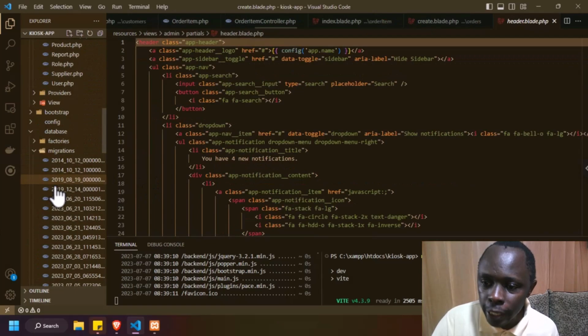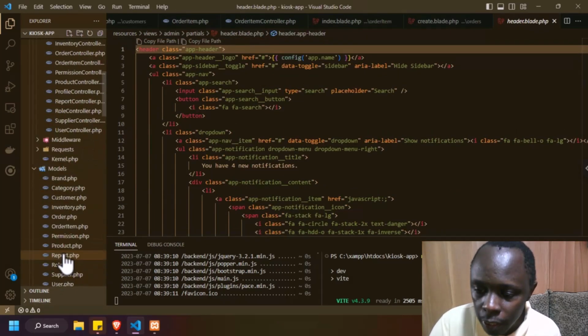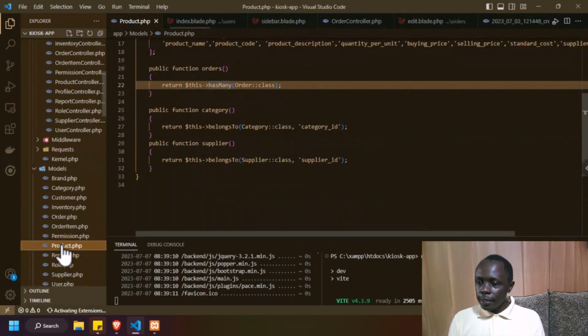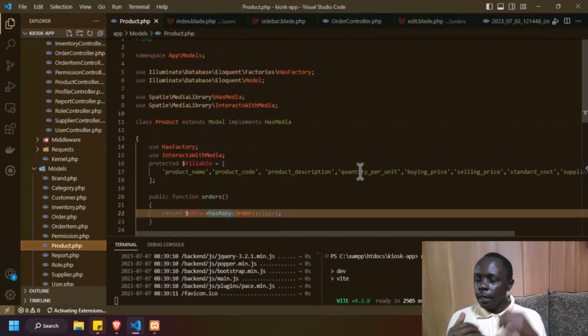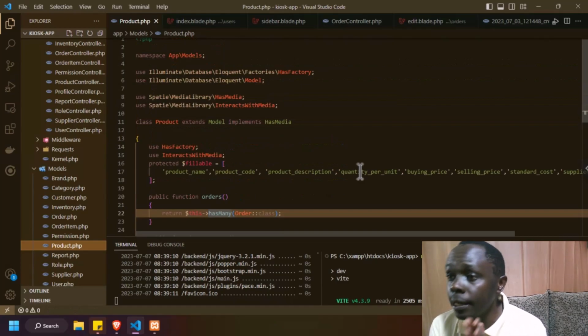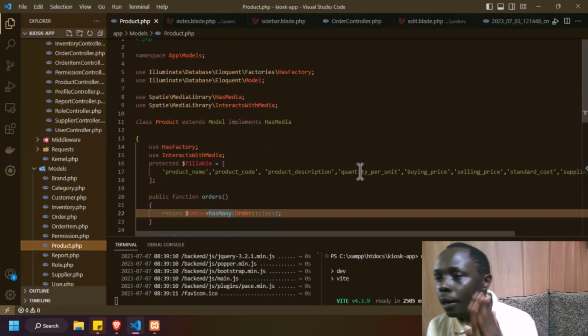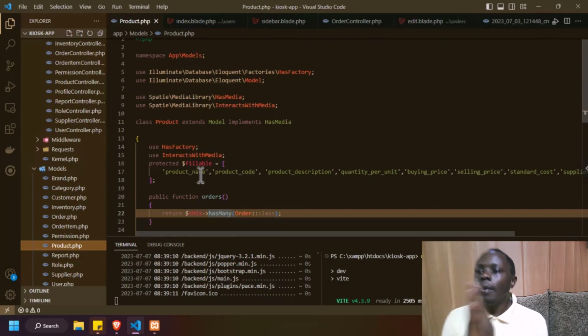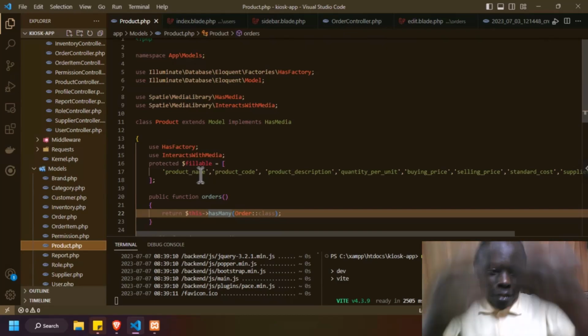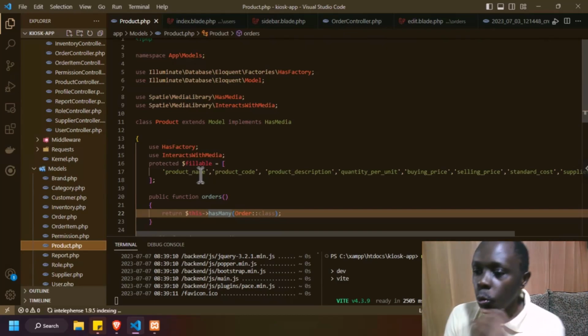So in our models, we had created a model called post product. This product is responsible for holding this rightful information that we are retrieving from the database. You can see that, let's go back. Let me go back in a minute. I've just gone back, so I'm back. So what I mean is,